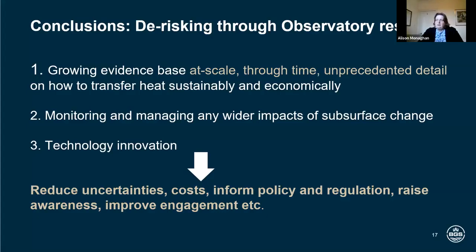So finally, just to think through what all that means. Hopefully I've given an overview of how observatories can be used to de-risk through research. By growing this sort of scientific evidence base at scale, at scaled observatories, monitored through time in unprecedented detail, we're going to gain a lot more knowledge about how to transfer heat sustainably and economically out of the subsurface